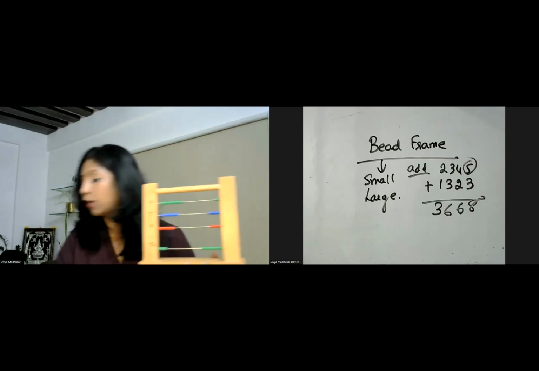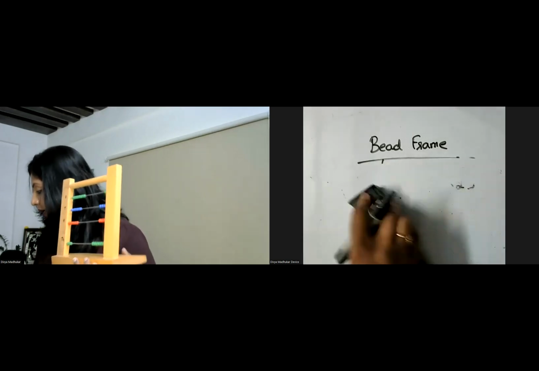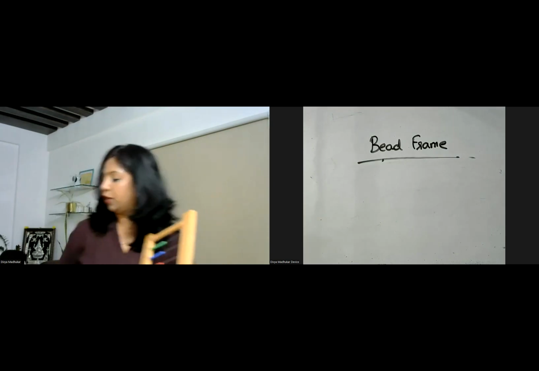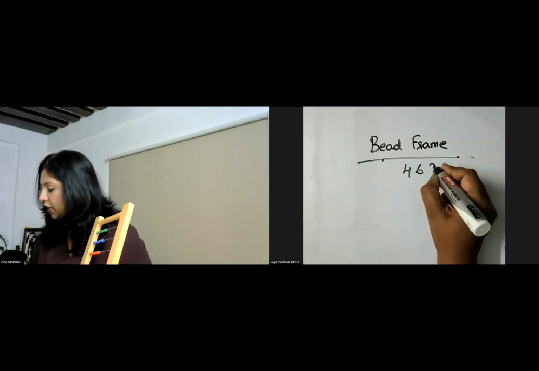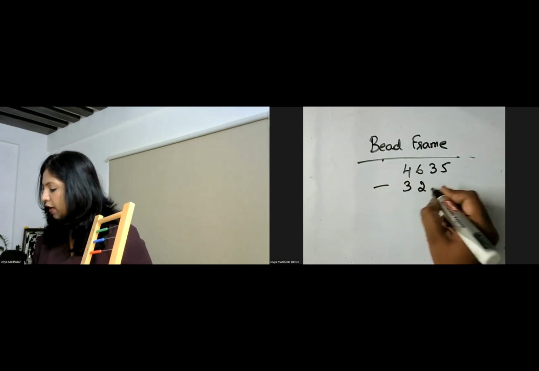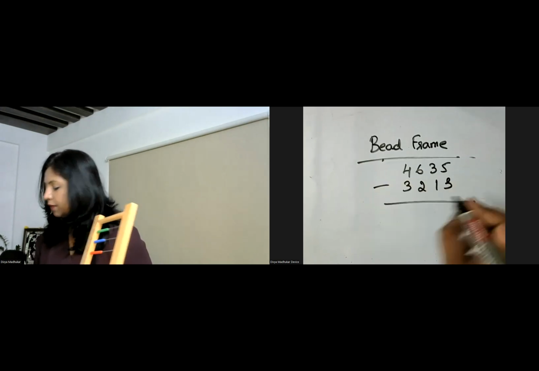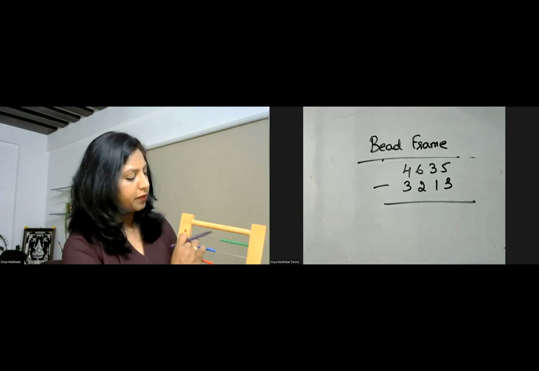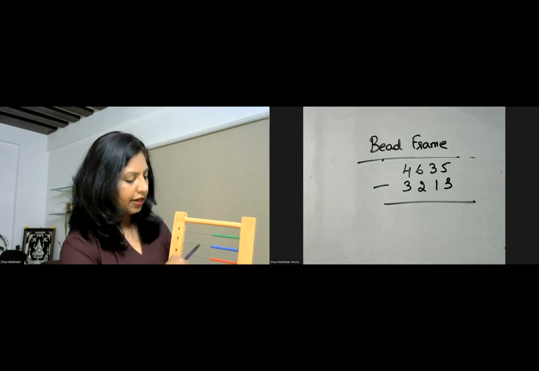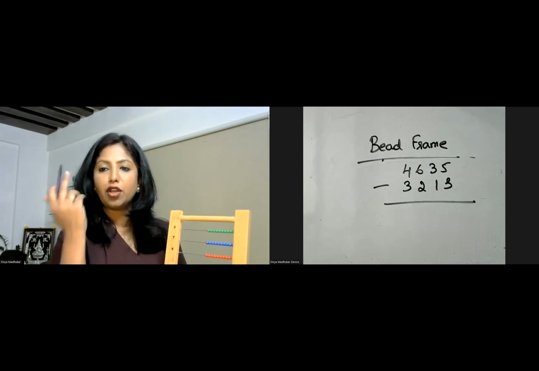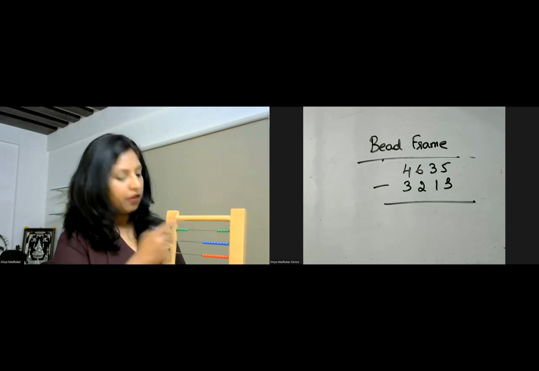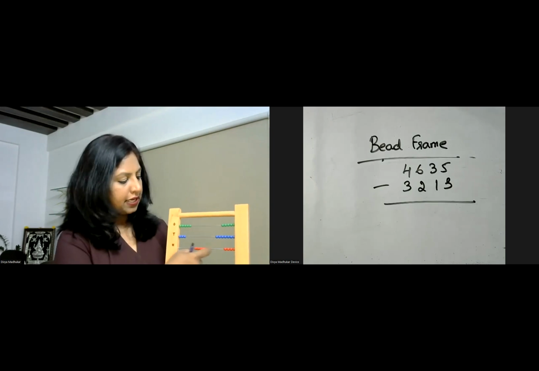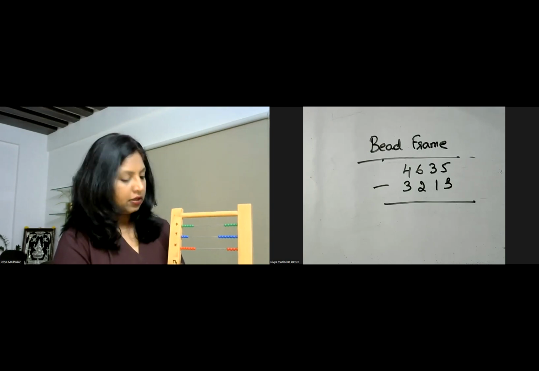Likewise, we can also perform subtraction. Okay, so just imagine I'm only performing a static subtraction here, not a dynamic one. Say 4,635 minus 3,213. What you need to take first is the first quantity, so I have to move everything towards my right side. As I mentioned, we start from our units. So I have to take how many units? 5 units, 3 tens, 600s, 4,000s.